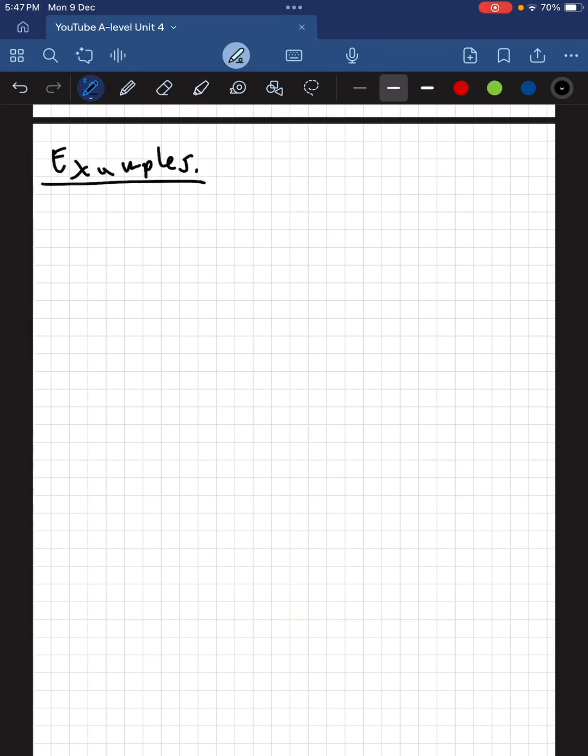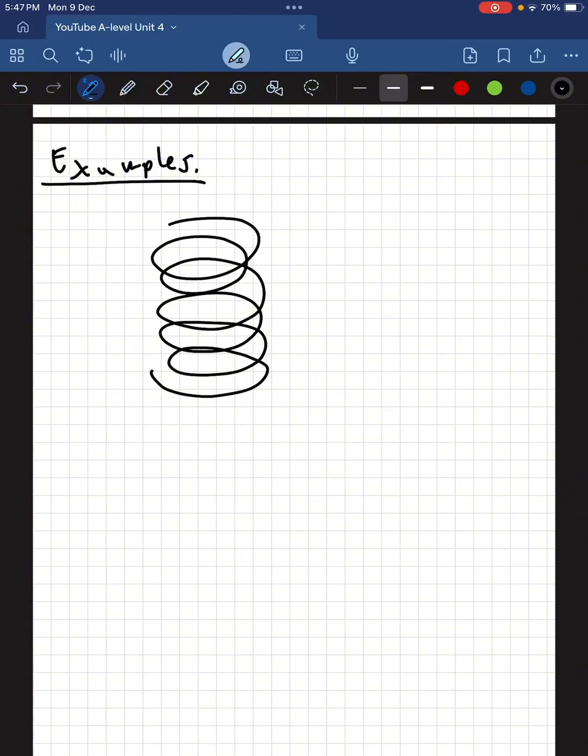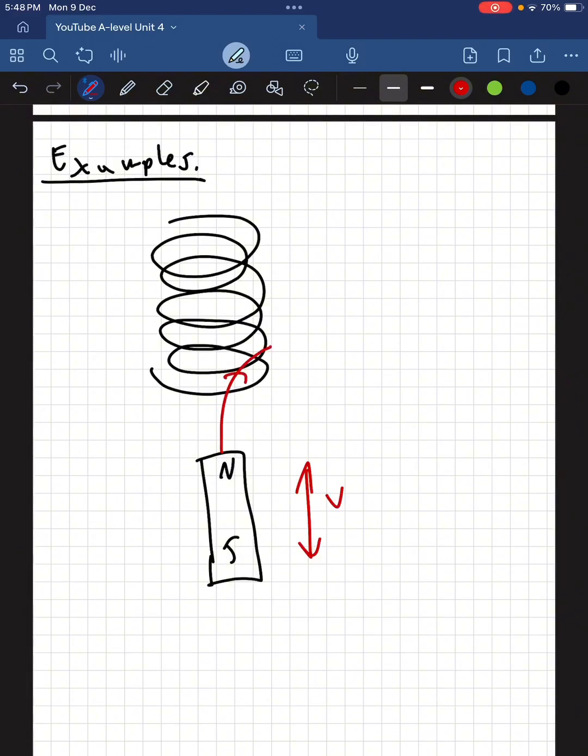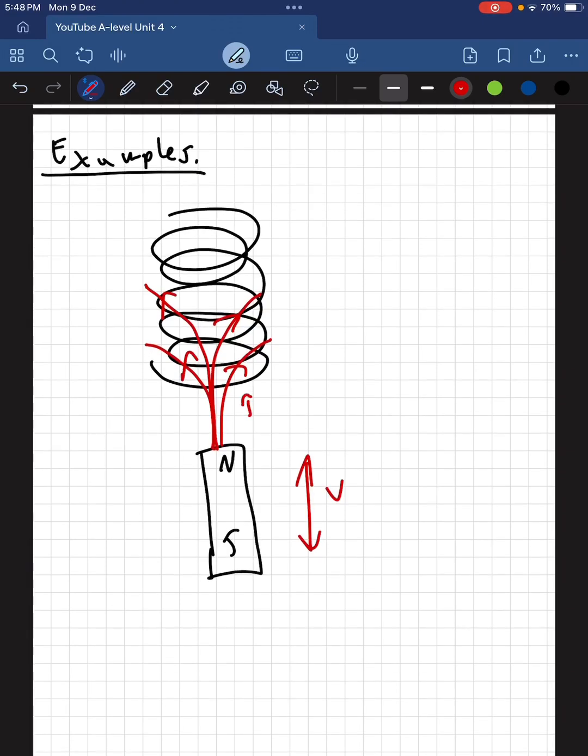Let's say that I have a coil sitting somewhere in space. Nothing is happening to it. It's not moving. And we have a magnet that moves with velocity v in and out of this coil. Therefore, if these are the magnetic field lines, we see that if we bring the magnet closer to the coil, the flux increases because the amount of magnetic field lines that cut through the coil increase. So in this case, changing B